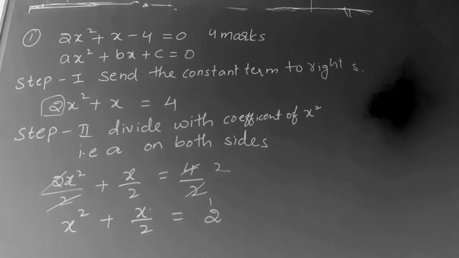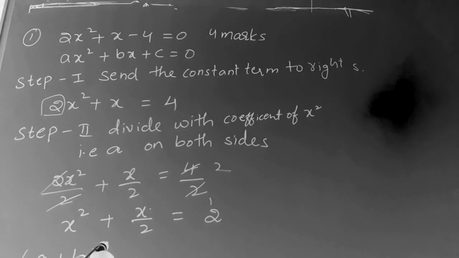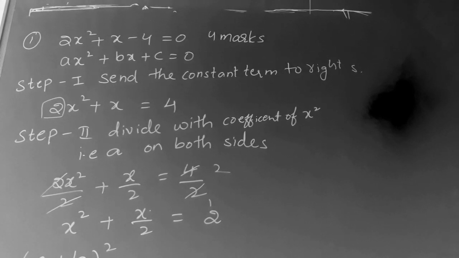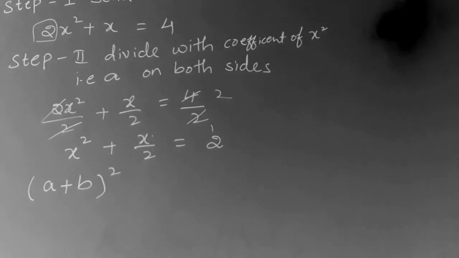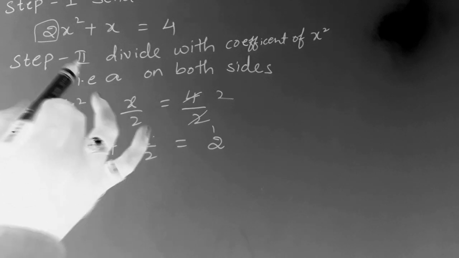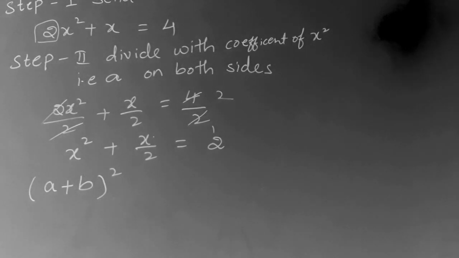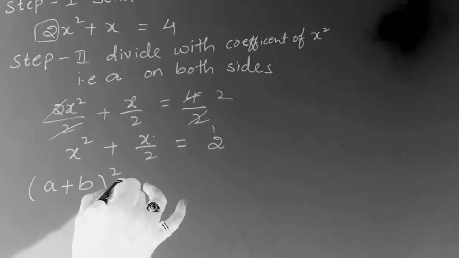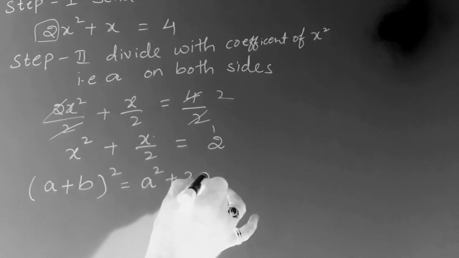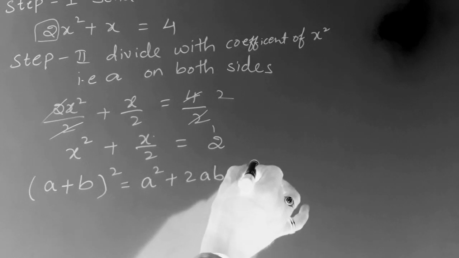So now you see here x square plus x is there, so I can use a plus b whole square. Here x before, see the symbol, plus symbol, that's why I am using the a plus b whole square formula. Otherwise if minus is there, we have to use a minus b whole square. Plus symbol means a plus b whole square, minus symbol means a minus b whole square. We know that a plus b whole square is equal to a square plus 2ab plus b square. This is the formula.